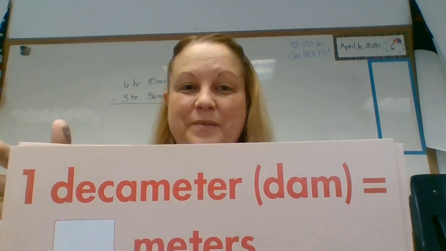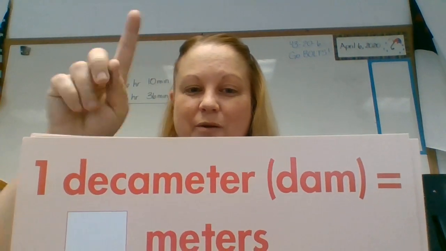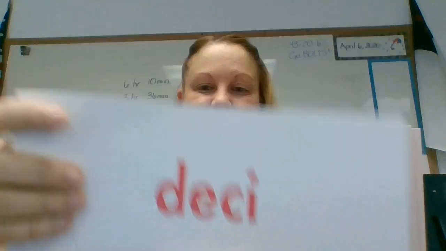So there's 10 decimeters in a meter, 10 meters in 1 decimeter. 1/10 or 0.1, 1/100th or 0.01, 1/1000th, 0.001, 10, 100,